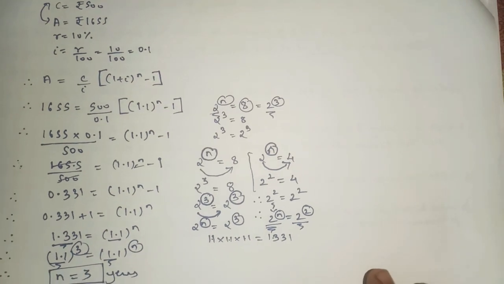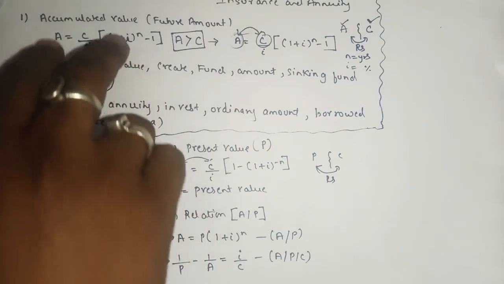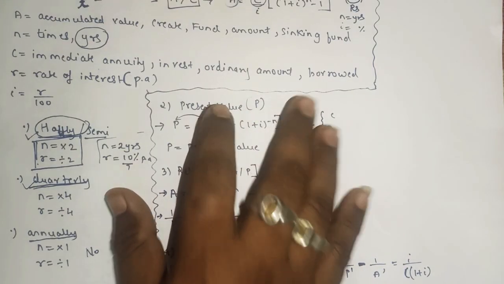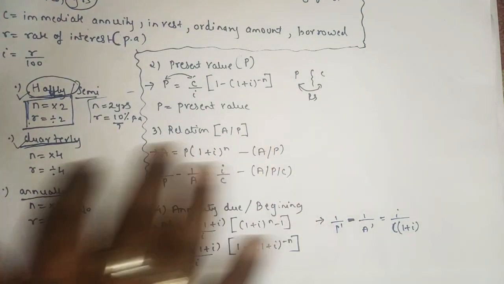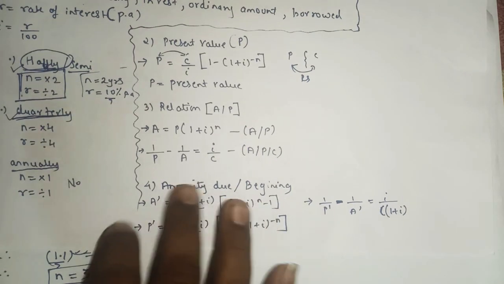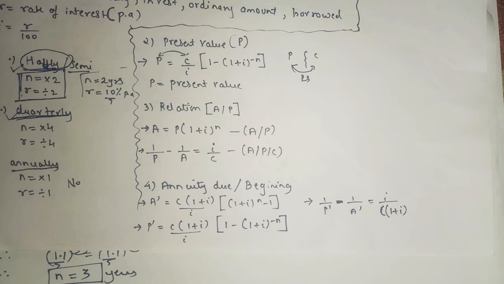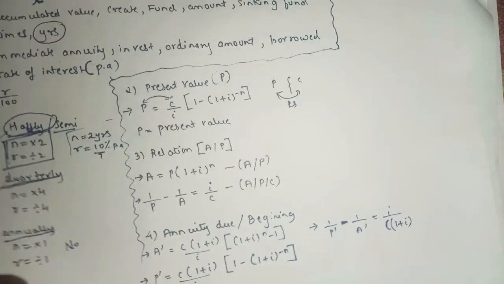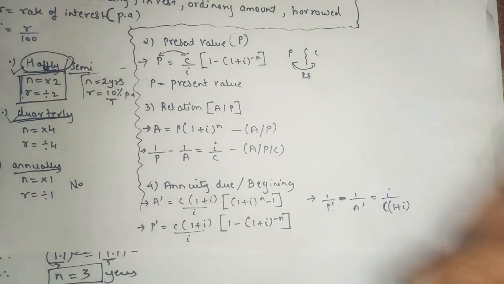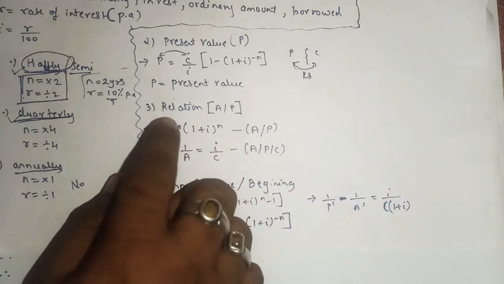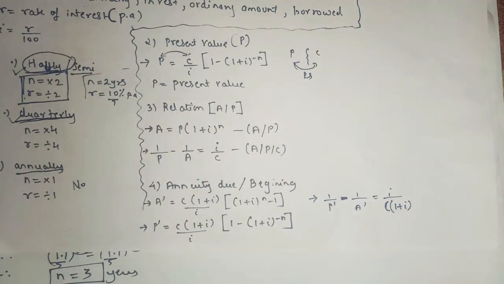I hope you all understood the first 10 sums of your exercise. Now we have completed 3-4 sums based on the first formula and 3-4 sums based on the second formula. In the next video lecture we are going to see 2-3 sums based on the relation and 2-3 sums based on the annuity due. As I told you, in the exercise there are 16 sums, so almost we have completed the first 10 sums of your exercise. Hardly 6 more sums are left. I guess 6 sums will be based on the third and fourth formula, 3 sums based on the relation and 3 sums based on the annuity due. So in the next lecture we are going to do the remaining sums.